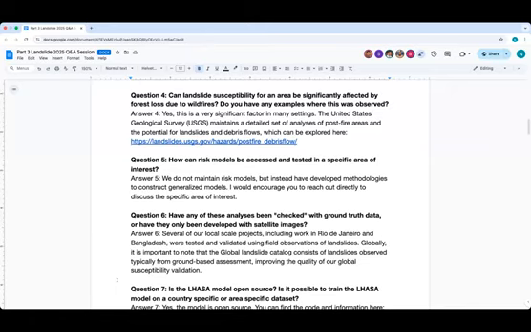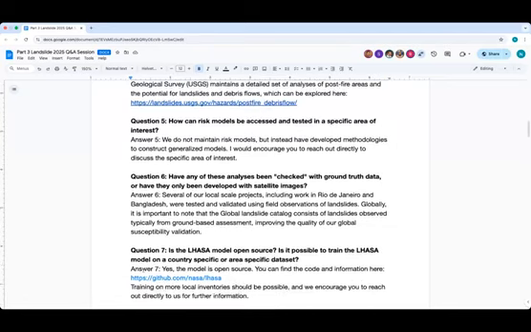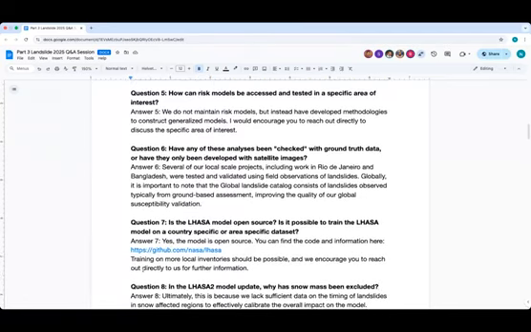Okay, terrific. Question number 5. How can risk models be accessed and tested in a specific area of interest? So we, as NASA's Landslide team, the disasters program, don't maintain specific risk models for any given area. What we do is typically develop methodologies to provide generalized approaches to look at this in your own area, and reproducing those methodologies is something that we would happily talk to you more about if you reach out directly to us. I think the best advice I can give is to explore the available literature and the open source